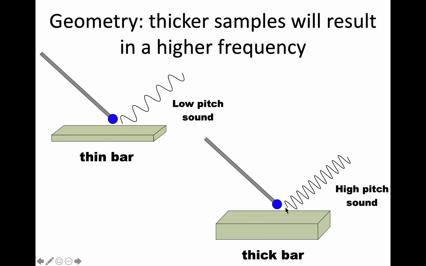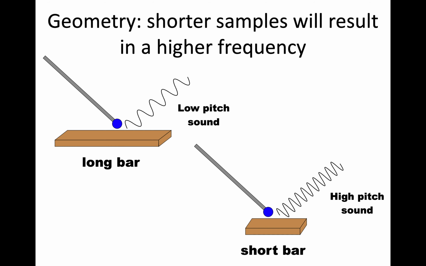So this is just geometric effects. Same material, different geometry. Also, if we compare long and short, the long will create a low pitch and the short will create a high pitch or high frequency. And so these are all things that you can hear with your ears, along with the software that we have